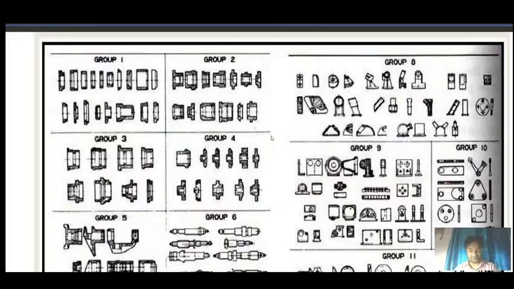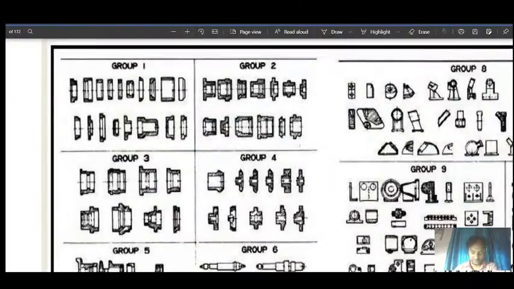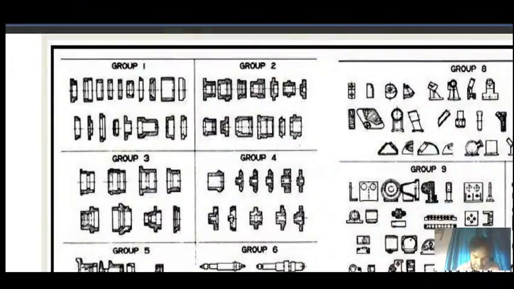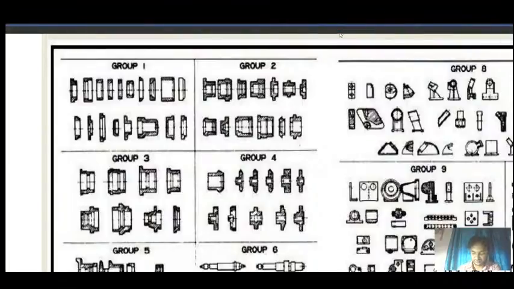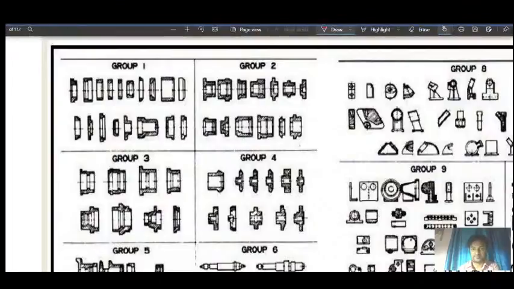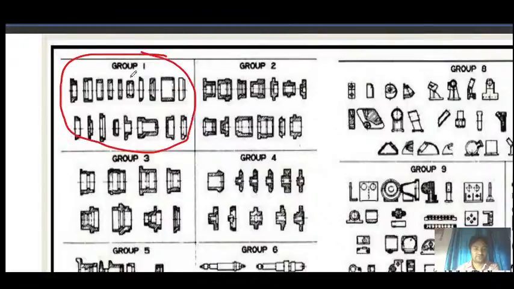Again, what we can do here, there are different types of parts. A firm is engaged in producing various kinds of parts. So that firm has grouped the parts in this way. Group 1, having this geometrical similarity.